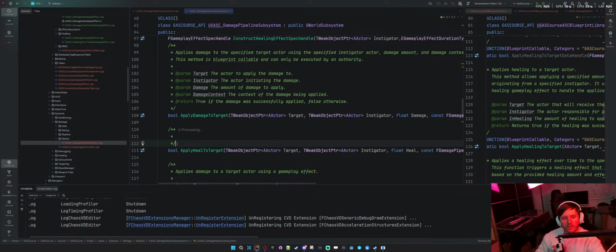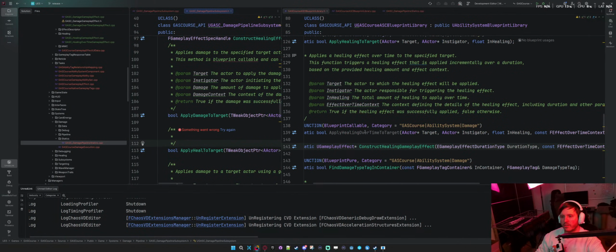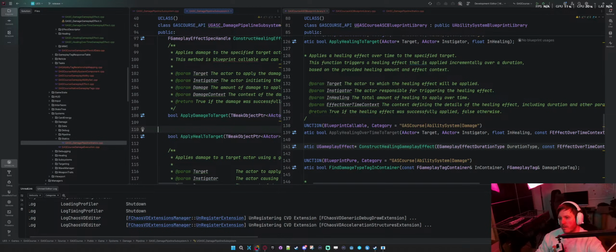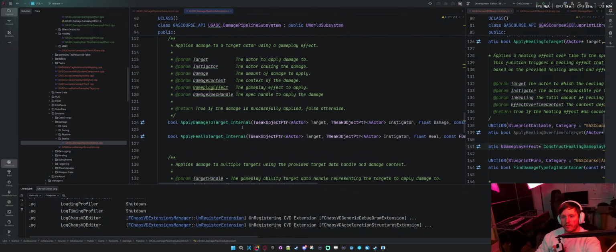I will get this again. So we have apply healing to target handle, apply healing to target, and then there's apply healing over time. Okay. We just gotta find that structure. Well,